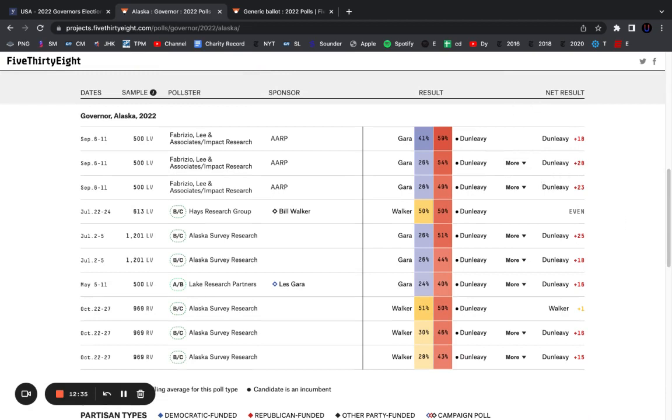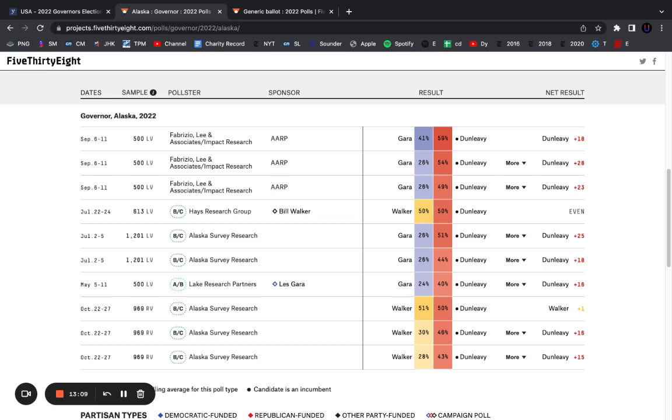There's incumbent Republican Mike Dunleavy. There is independent former Governor Bill Walker, who won in 2018. He's kind of like a moderate Democrat, but he runs as an independent. And then Les Gara, who's just the Democratic nominee. Whoever comes in second place will obviously probably lose. It's kind of similar to the House election where we had Peltola getting about 40% of the vote in the first round and getting barely enough exhausted ballots and ranked votes to rank her second to beat Palin. And I think we're going to see a similar thing.